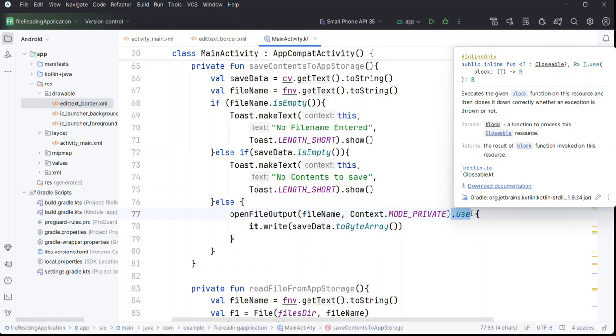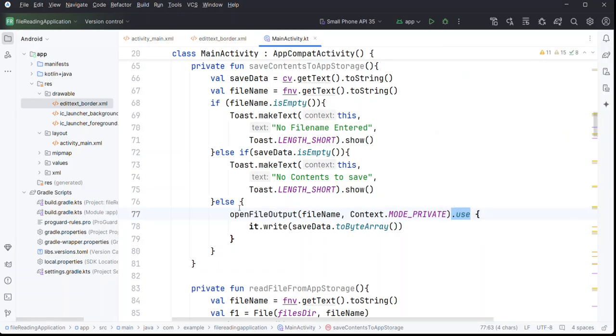It will automatically call the method in this particular FileOutputStream. Inside use, on this same FileOutputStream object, dot write. Since it is a FileOutputStream, I need to write bytes only. So I need to save this particular string, that is, the saveData to byte array. I am converting the total string to a byte array, and the total byte array I am directly writing to the